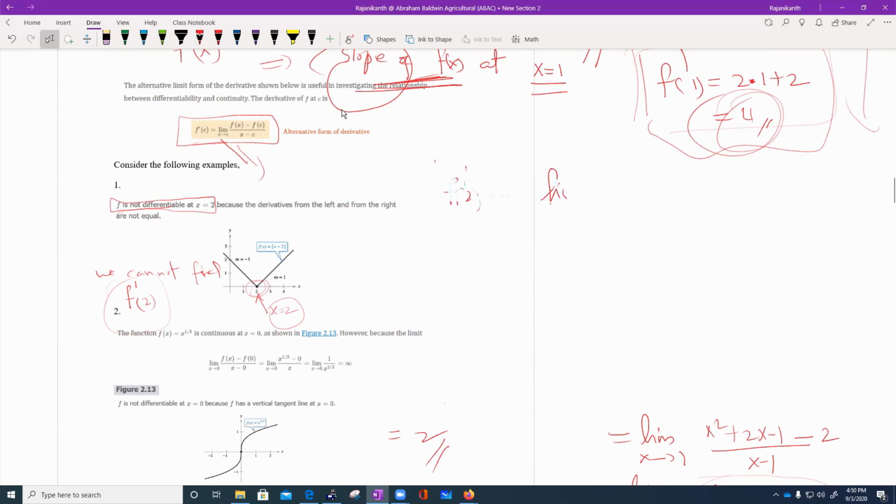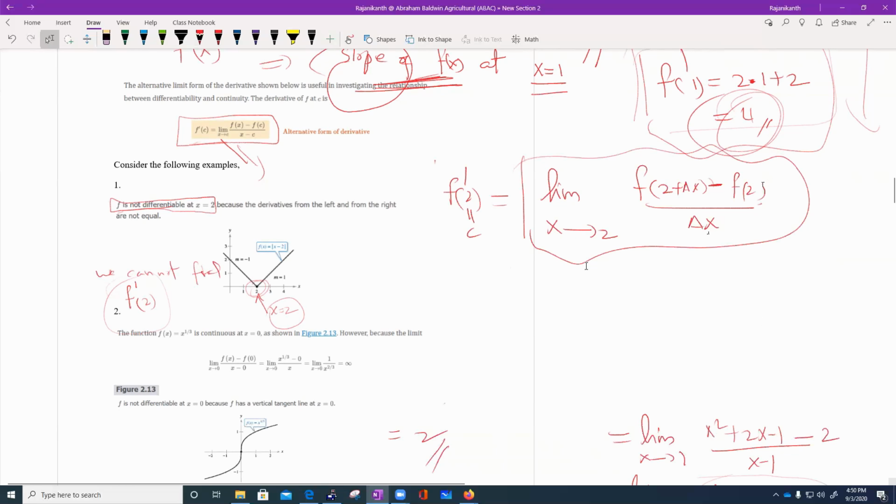The formula says it is the limit as x goes to 2, of f of, remember c is now 2, this is c according to our formula, so you put 2 plus delta x, subtract f of 2, over delta x. So this is the definition of f prime 2. But if you try to find this limit, remember in chapter 1 we studied, if you have a limit answer for the particular problem, you should have the same answer to the left and to the right of the given point,